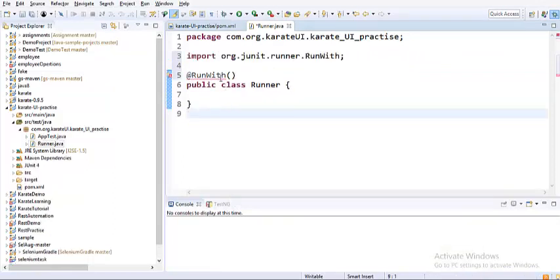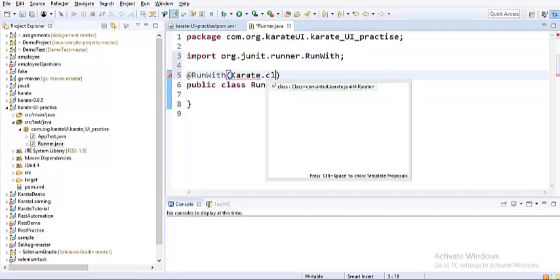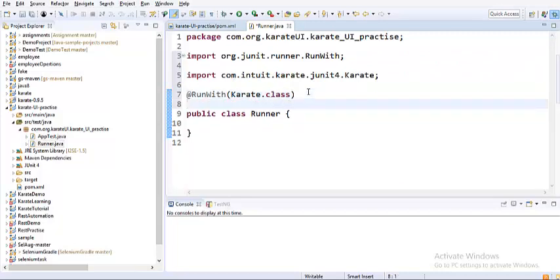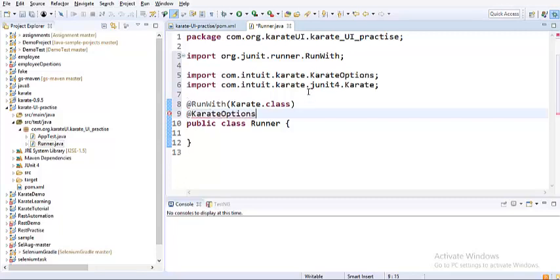So now that package has been imported, and then I need to specify the run as Karate class, because that is how we should be running this thing, karate.class. And we have something called Karate options as well, so that we will add in a bit.